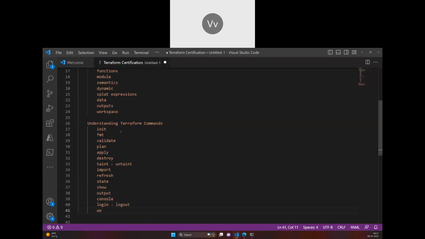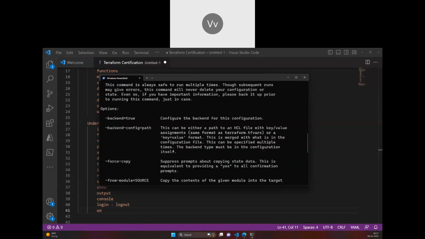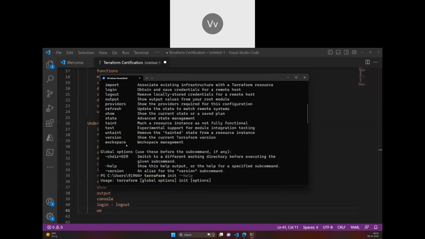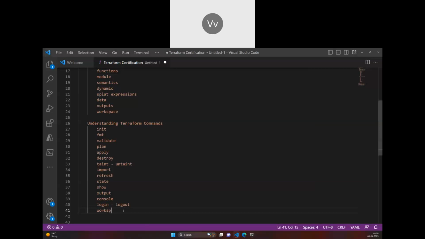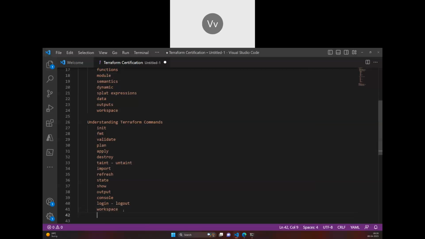Importantly, one more concept which we have in that is the workspace. I covered show. So I believe I covered most of the commands.